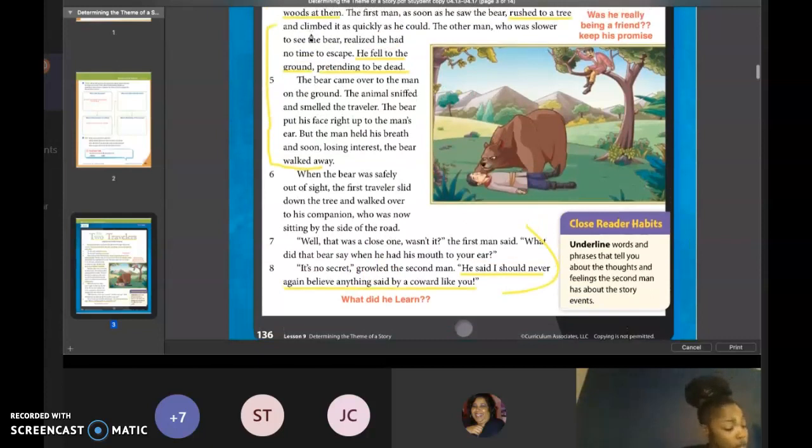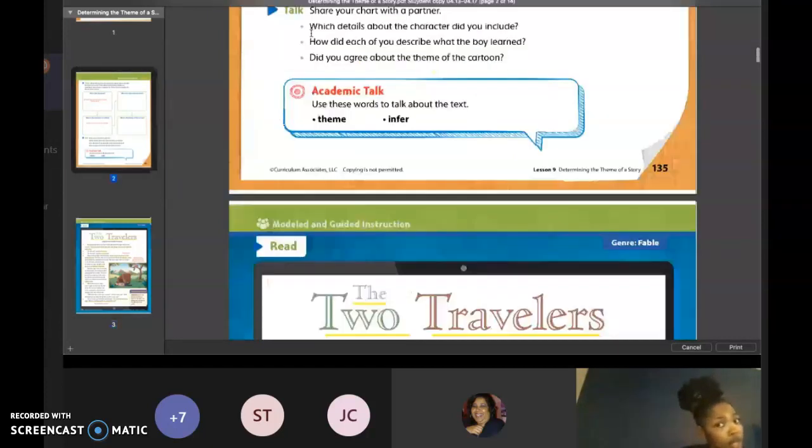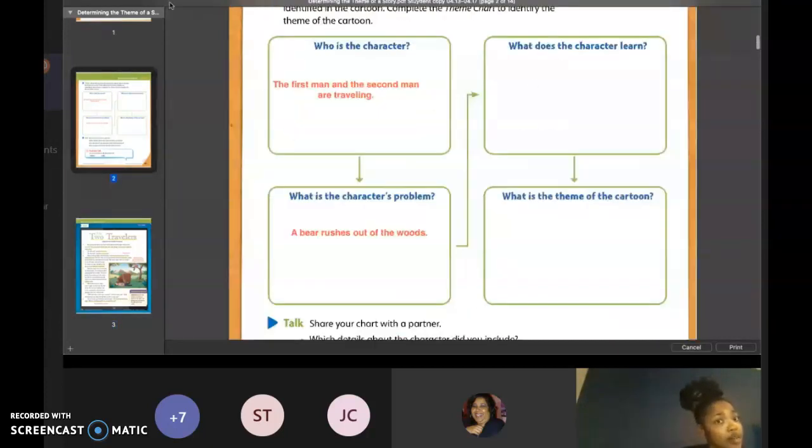Oh, Shania said that he was not being a friend. Very good. He wasn't being a friend. Who else had something to share? Go ahead and share out. Yeah, the first man wasn't being a friend at all. And so he had broken that promise, like Mustafa said earlier. So the second man